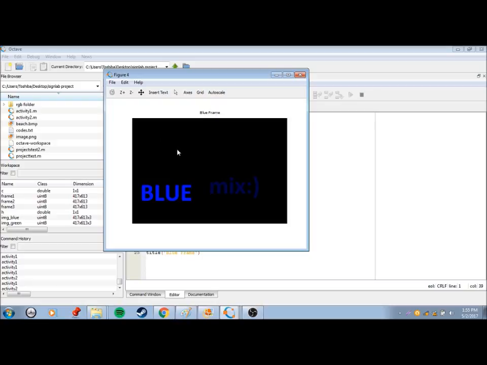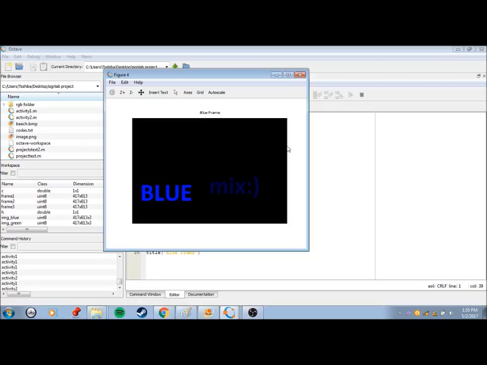Like in the previous example, there is no presence of red and green. Remember that when we made this image, there was a small amount of blue in the mixture, so in the blue frame there's still some blue.